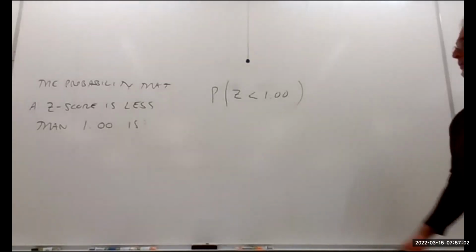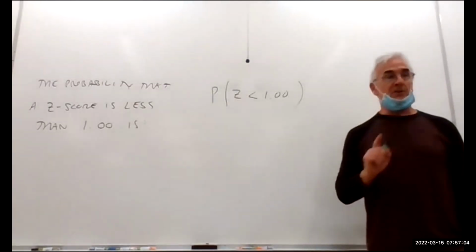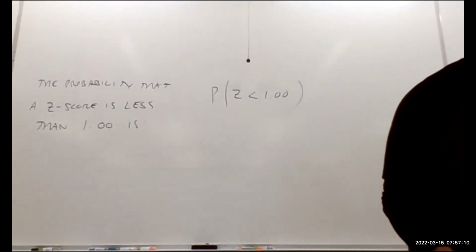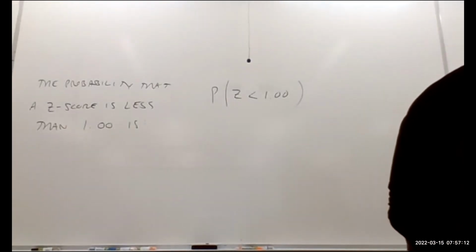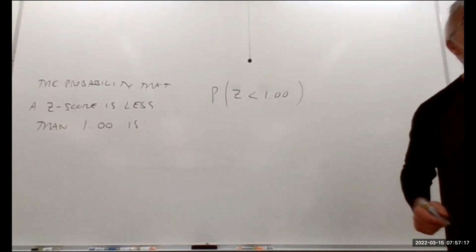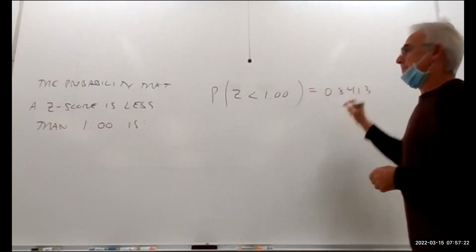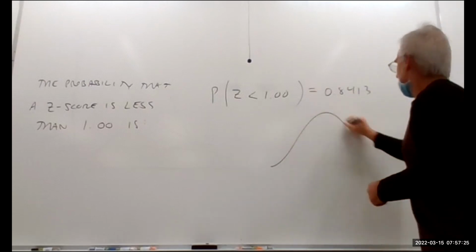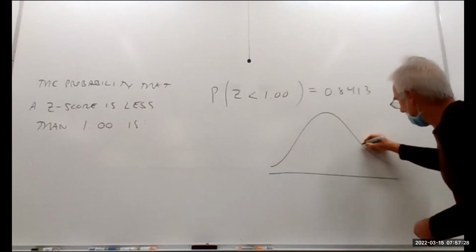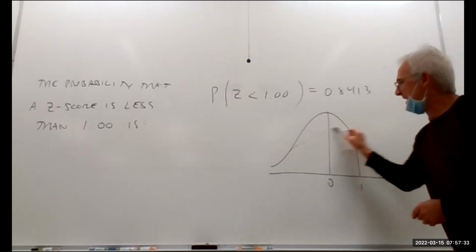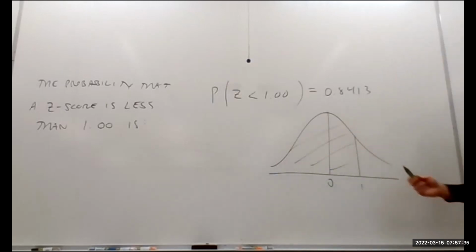So on your table, first we'll go to the positive Z's, okay? Now what number do you see corresponding with 1.00? 0.8413, perfect. And so we'd write it like this. That's exactly correct. So it would look something like this if I have the tail, right? If that's 0, then 1 might be about there. We're saying, remember, if the entire curve has area of exactly 1,